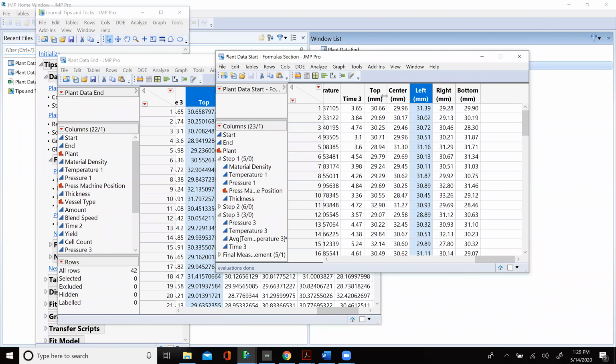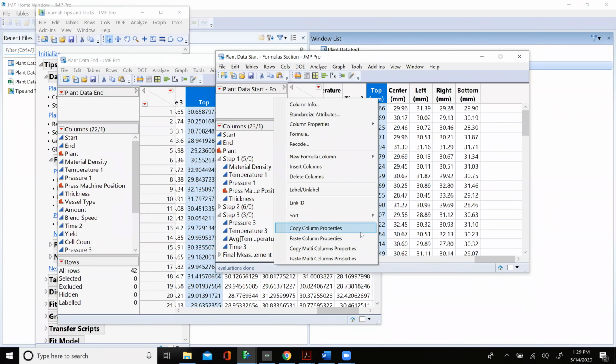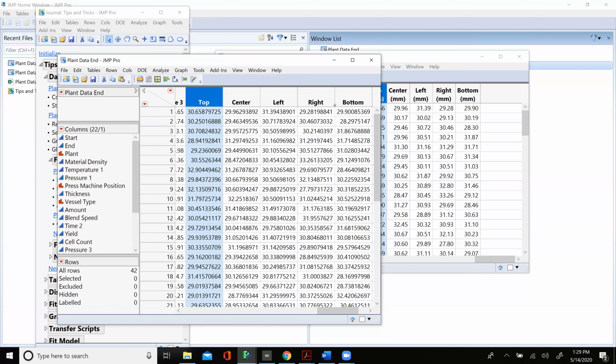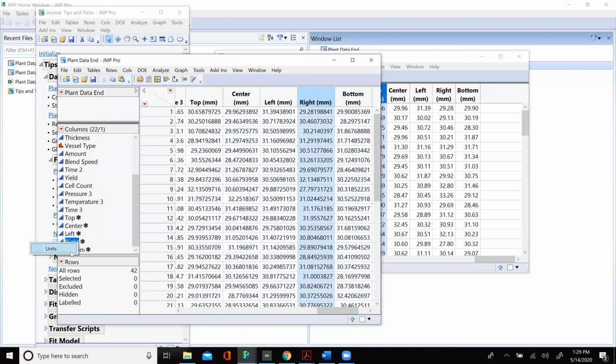Then I go, oh, okay, well, we'll just select one of these and you can right click and say copy column properties. And you come over here in the new data table, right click, paste column properties, and you're going to see that now all of them have any column property that you have.